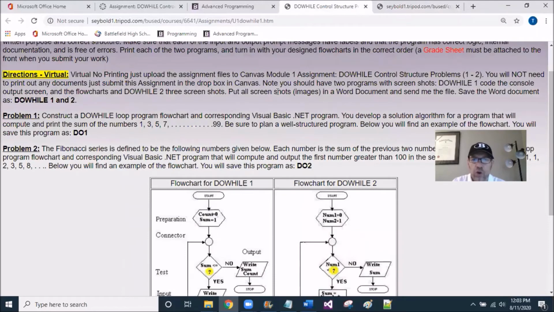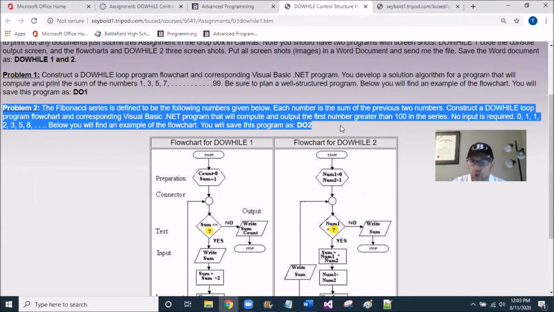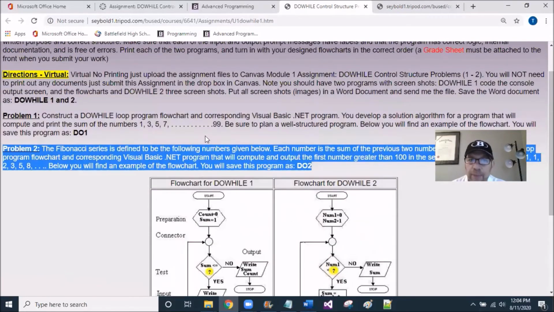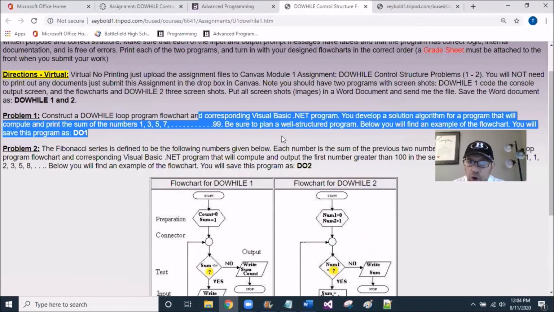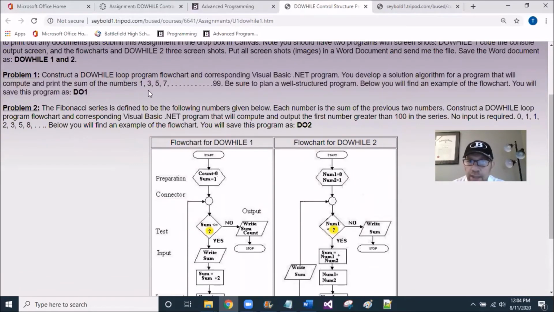All right, and so as I get in here, here's problem 1 and here's problem 2, okay? I've given you, ladies and gentlemen, a snapshot of the flowchart for problem 1 and problem 2, okay? One thing that is missing, and you can see the yellow question mark here, is the magical number that I am not providing you. By reading the content up here, you're going to have to nest some sort of number, okay? So understand, when running this program, very similar to the example problem, you're going to